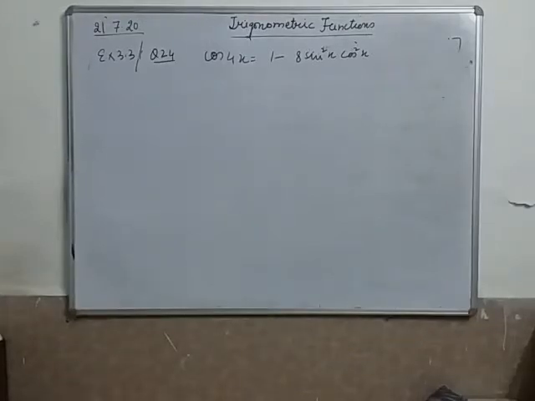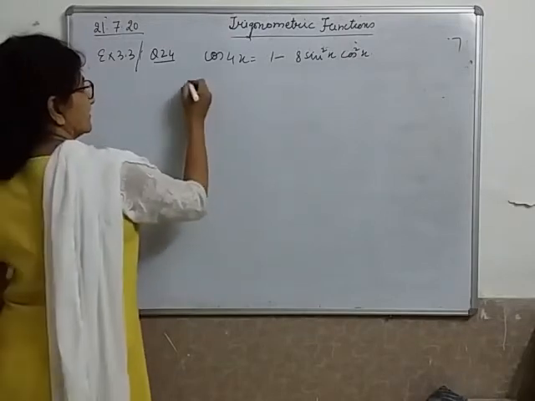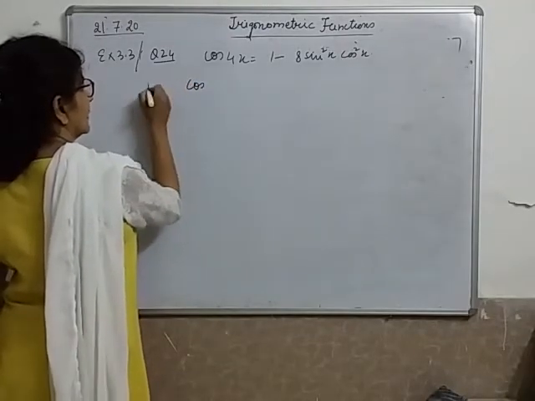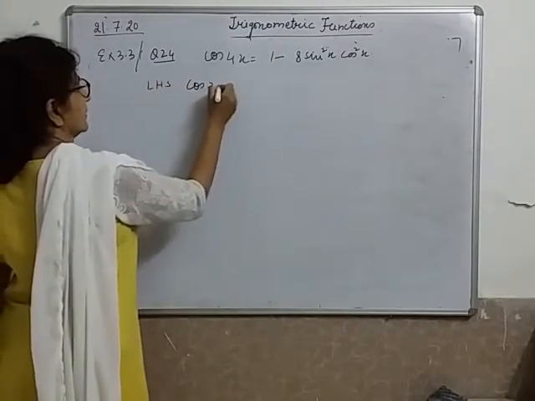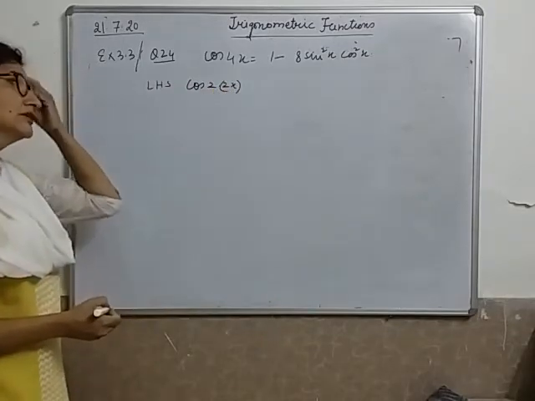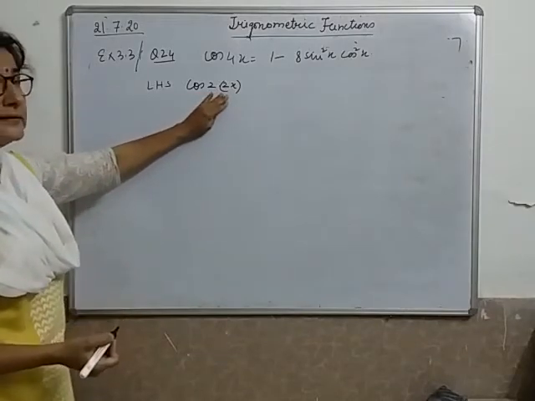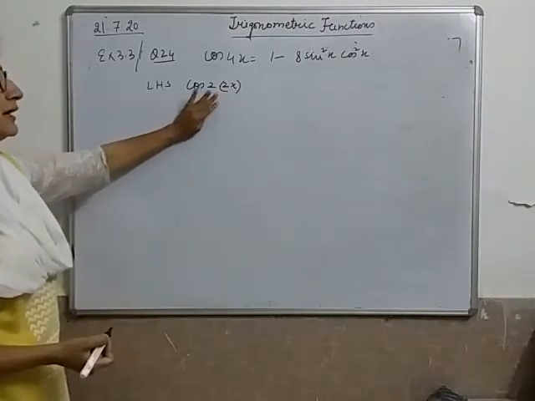Now I'm taking one more question, the 24th question. It's 4x. That comes to our mind. Again, I'm starting from the left hand side. This much you must have understood by now, that I have to convert it to 2 theta. But the problem is that for cos 2 theta, there are 3 identities. Which identity should I apply?